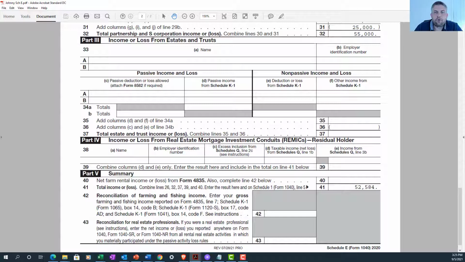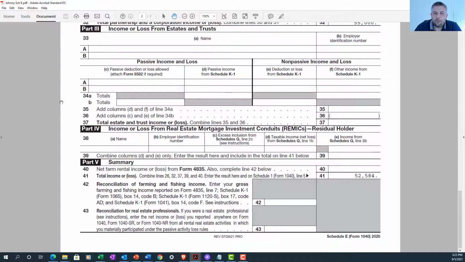Now, part 4 is where you report income or loss items from a REMIC, which stands for Real Estate Mortgage Investment Conduit. You don't see very many of these. If you do invest in a REMIC, you'll receive a Schedule Q each quarter that reports your quarterly share of income and loss. Down at the bottom, part 5 is the summary section. This section reports the totals of the above parts 1 through 4 of Schedule E, all of your income and